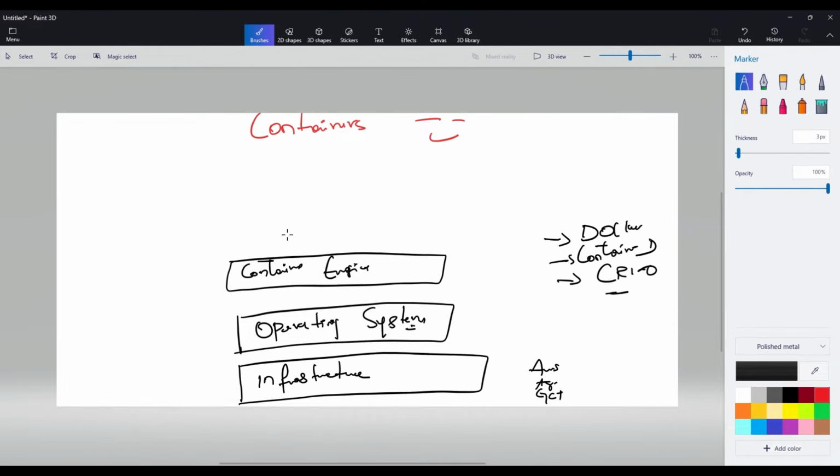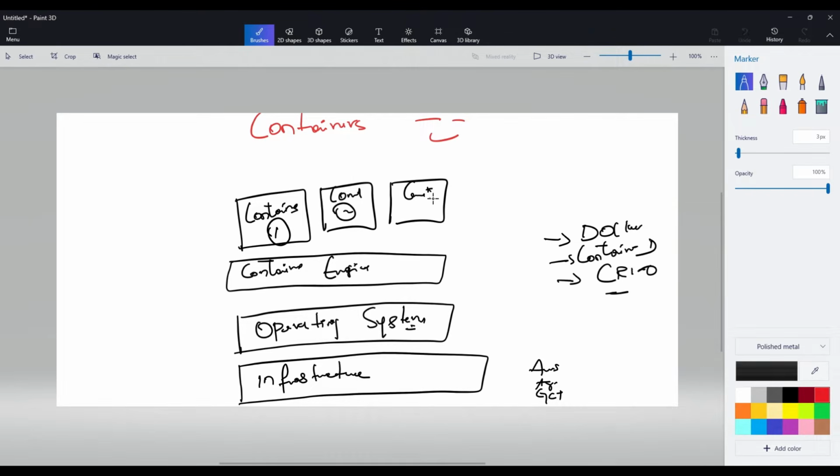Let's remember our previous explanation, which was servers. Previously, when virtualization and containerization were not in the game, they used to purchase servers, and then VMs came into the game. They allocated individual guest operating systems, and the hypervisor provides resources to the guest operating systems. But here there will be no guest operating systems. Instead, we'll be having containers: container 1, container 2, and container 3.